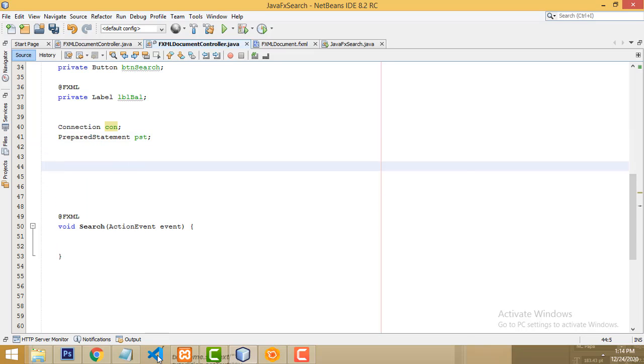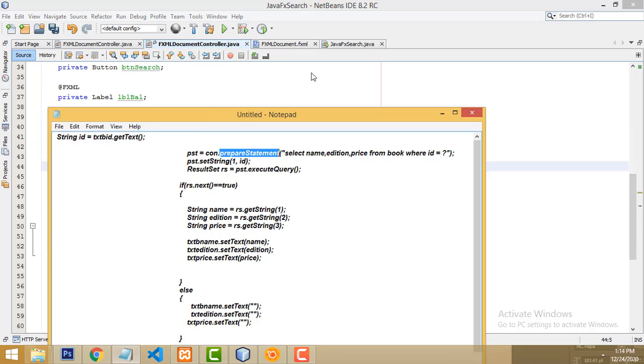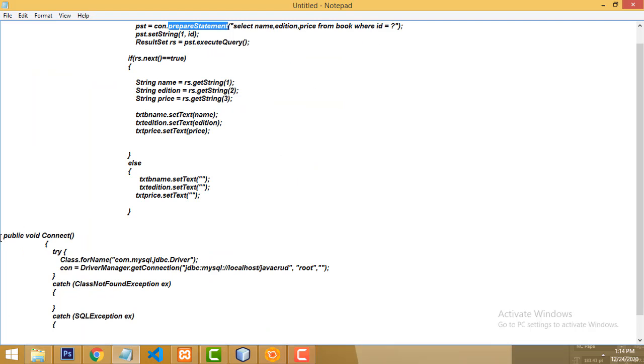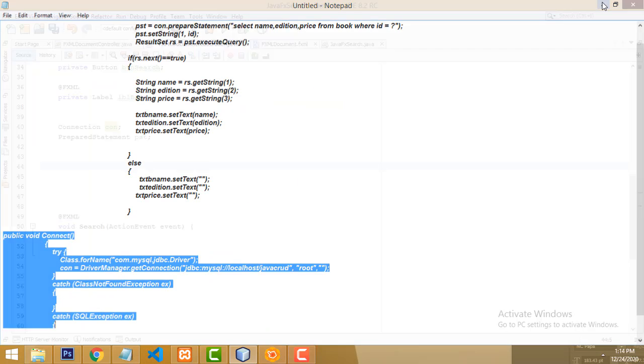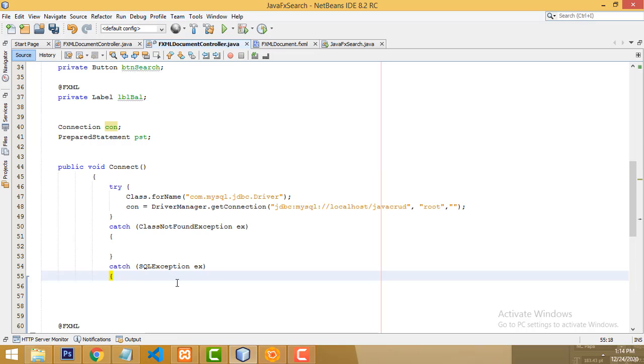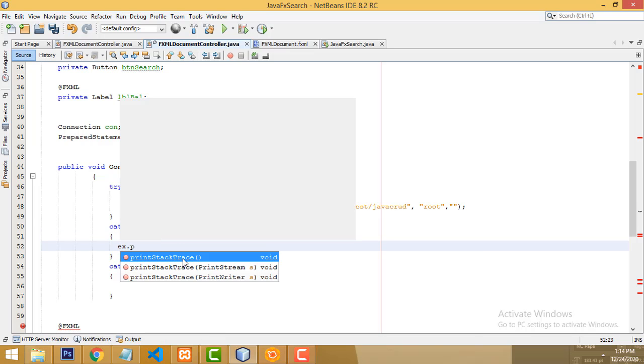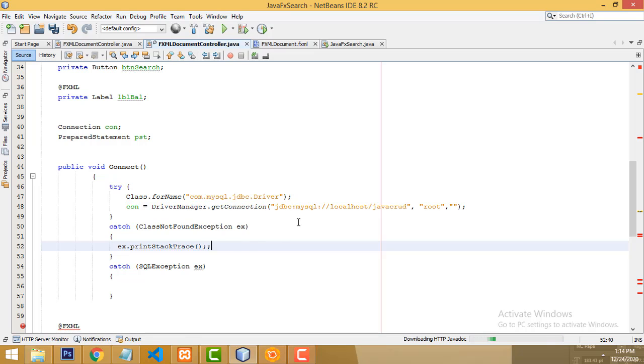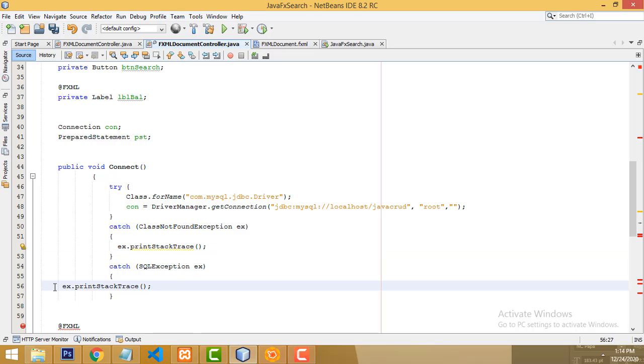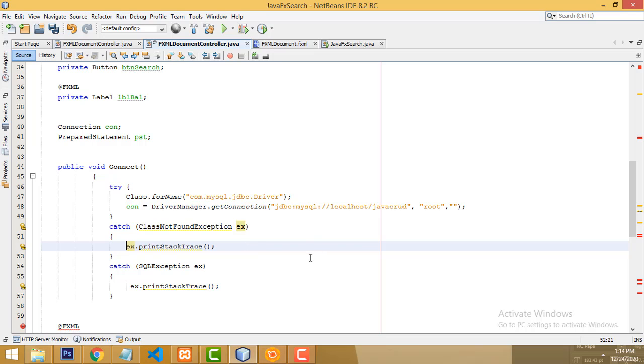I am going to make the database connection very simply. I have already written this one, so this is the method I have already written. I have explained it. I just copy this one, paste it, right. So this is a catch. You have to write the exception. You have to write ex.printStackTrace. If you have any mistake while you are connecting, you will be able to see the error in the stack trace. Okay, your console, the stack trace will indicate what error occurs while you connect to the database.